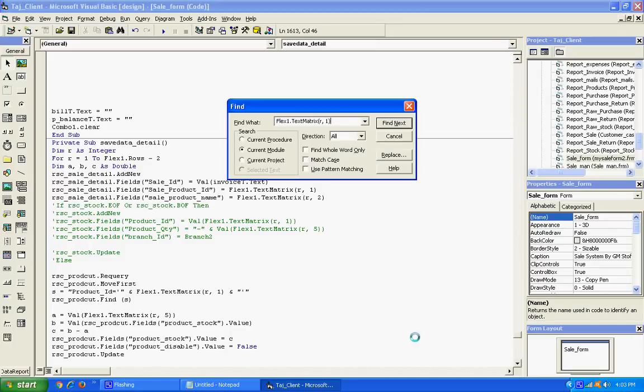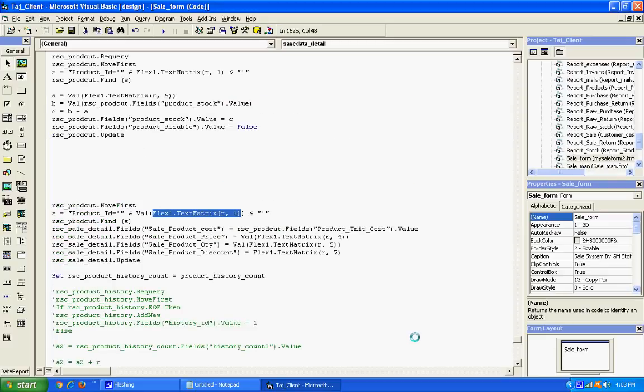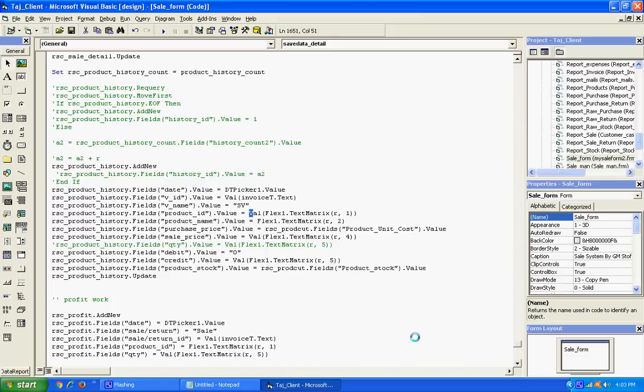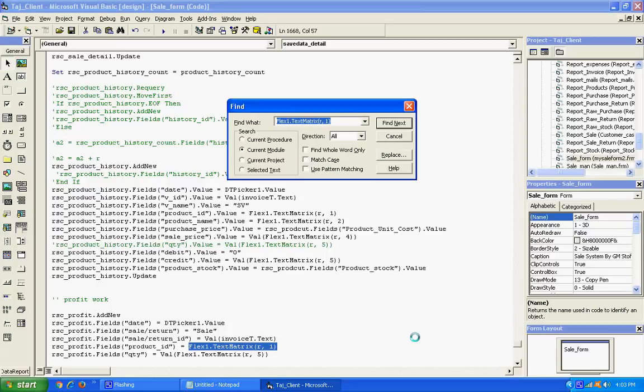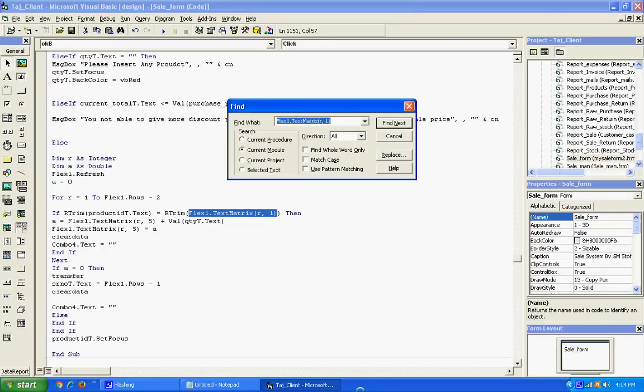Okay, this is a very big issue in our software. I'm going to check in all my forms. This is another fault. Going to remove this. This may be the cause in many places. This is again because product ID is a text field. Control F, Control V, Trim.